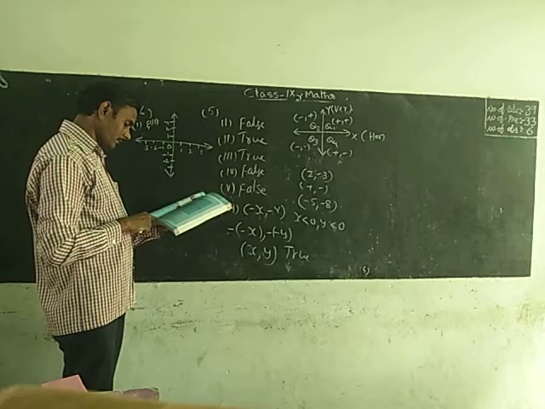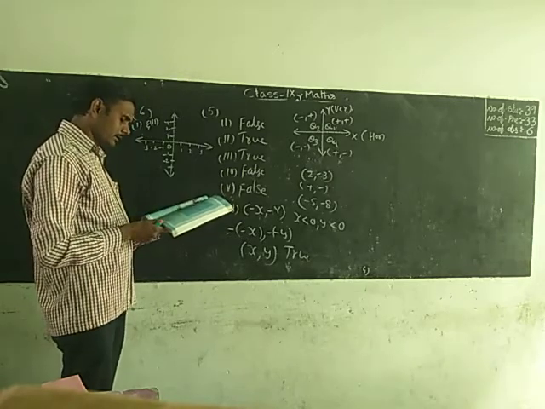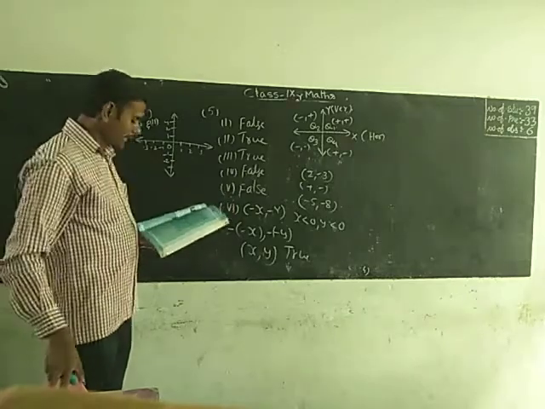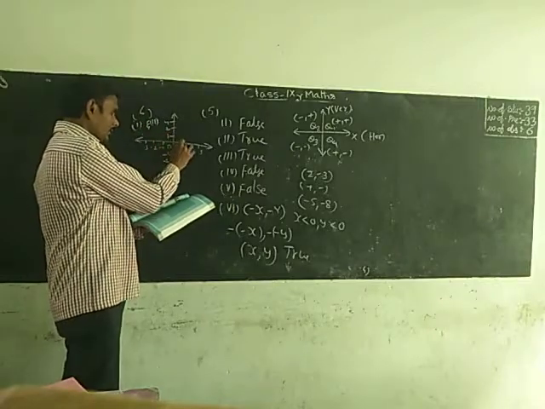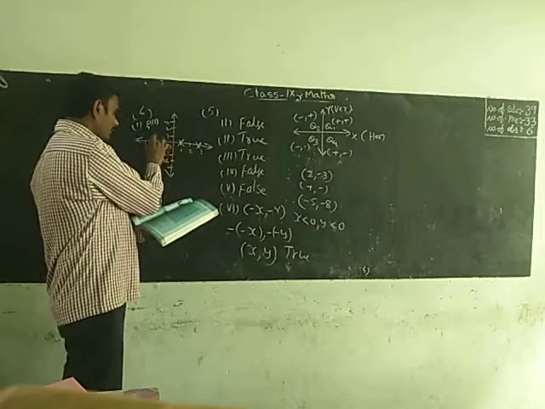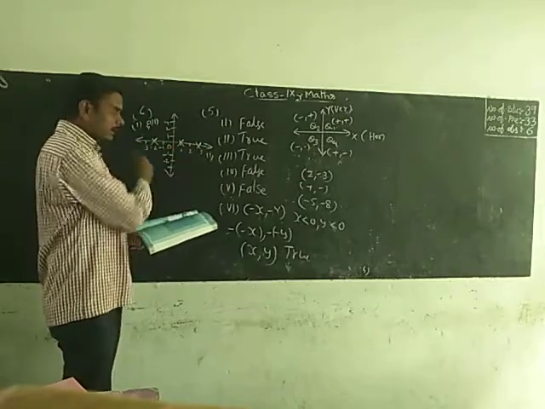And on the axis only we will get the answer. Mark the points on the axis, and we will get the answer. Draw the line. Points like (1, 0), (3, 0), (-2, 0): on the axis only we will get them. First question like this, we will get it on the axis only.